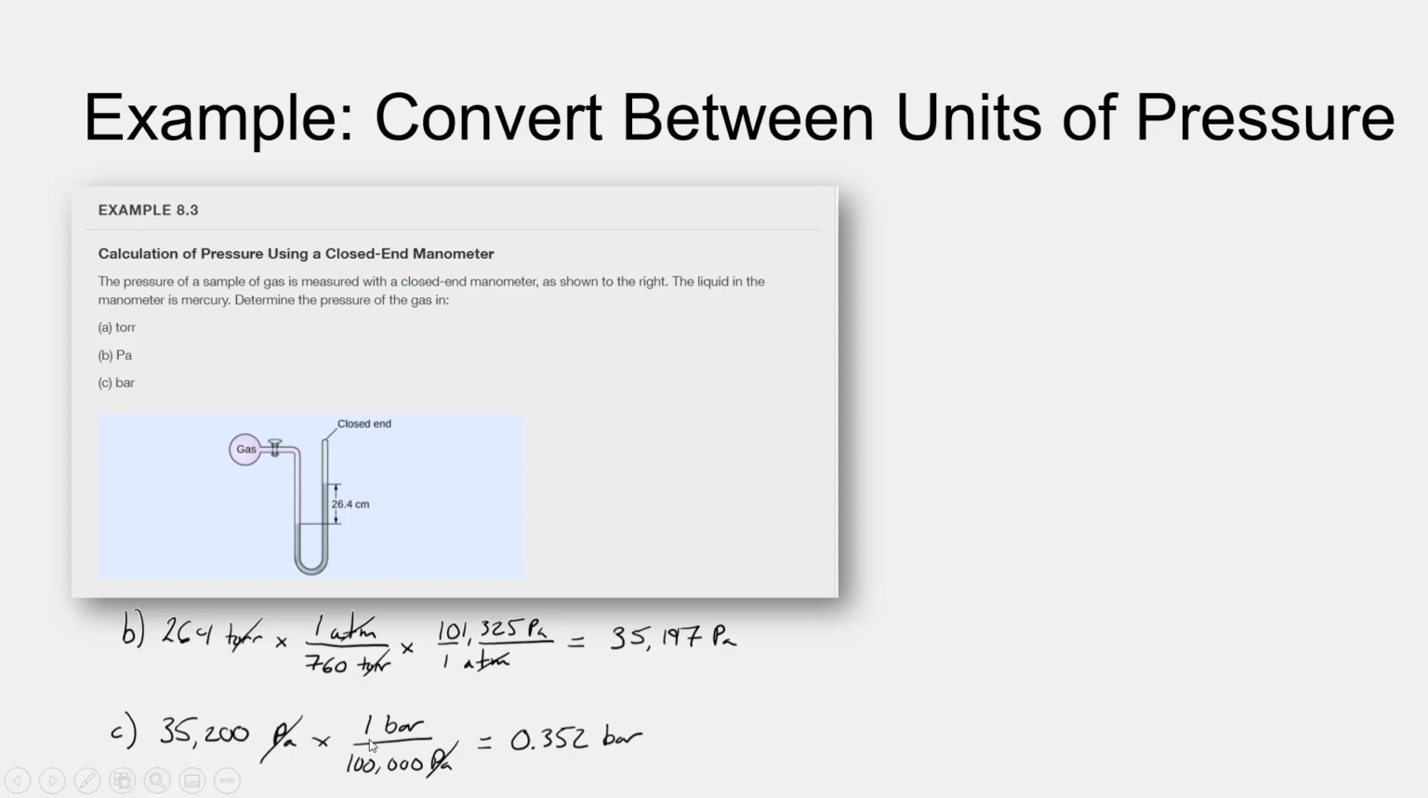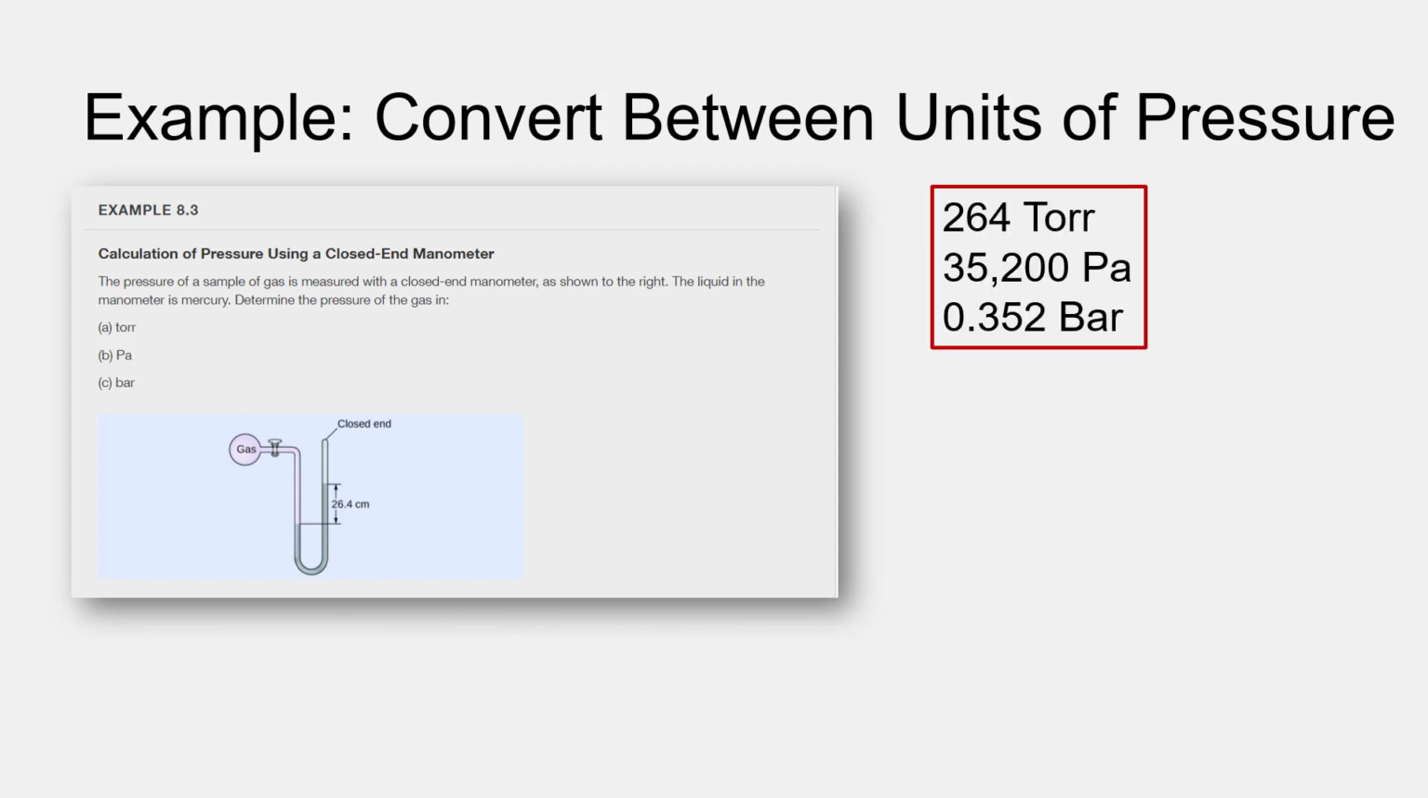35,200 pascals times 1 bar per 100,000 pascals will give us our pressure in bar, and 35,200 divided by 100,000 would give us a pressure of 0.352 bar. Pascals cancels with pascals. Reconciling our sig figs, and remember that we're only entitled to 3 sig figs in our answer. The equivalent pressure is 264 torr, 35,200 pascals, or 0.352